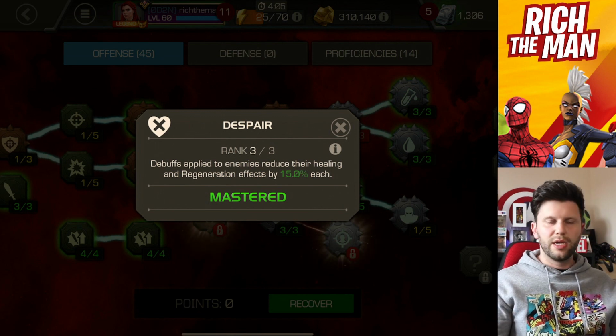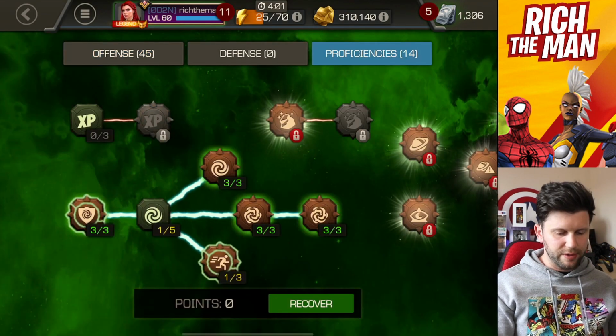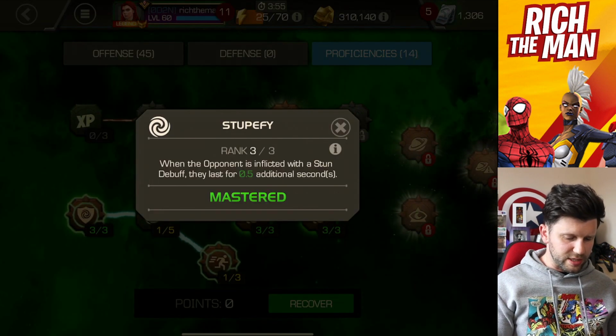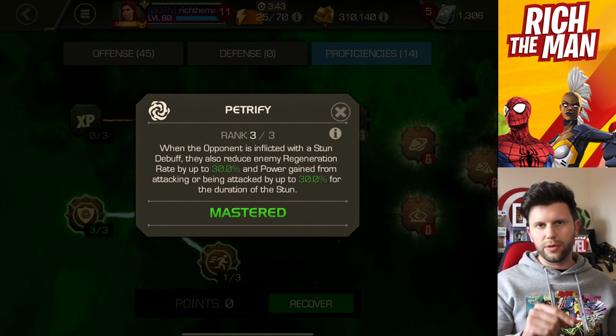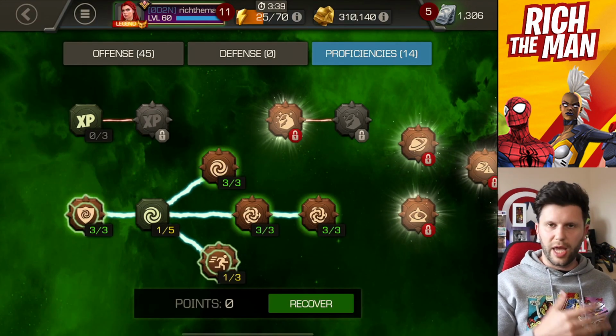So debuffs: put a debuff on, it reduces their healing and regeneration. Again, you have to play into that. Into proficiencies, normal proficiencies: Stupefy, inflicted with a debuff lasts longer, and Petrify, which is when the opponent is afflicted with a stun debuff, they also reduce enemy regeneration rate by 30%. Handy if you are throwing the SP3 and you put that stun debuff on the champion,